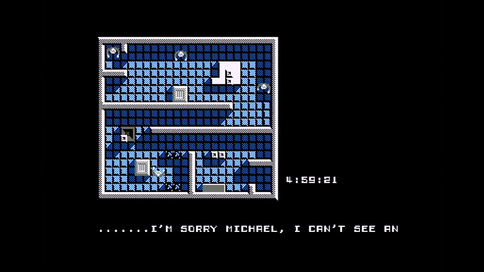So we've arrived at the destination, but the talking car has said, "I'm sorry, Michael, I can't see anything here. I think we should be in Chicago." This is the first hint you've got of...